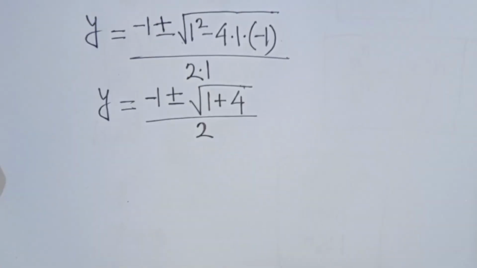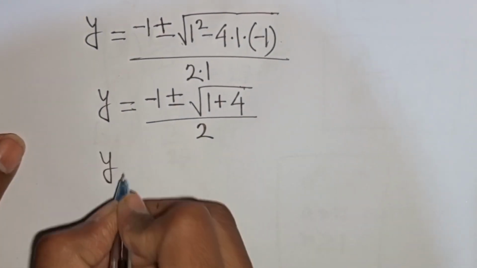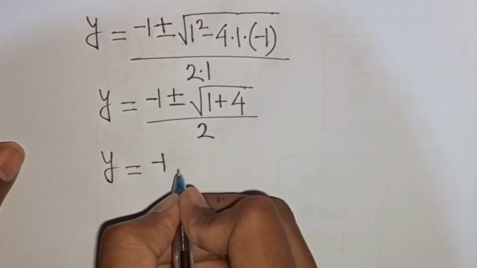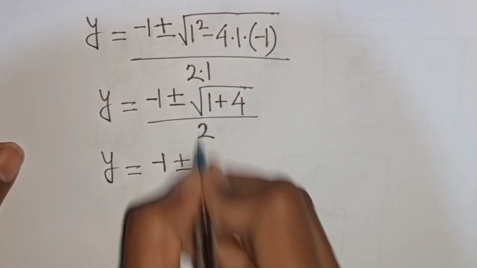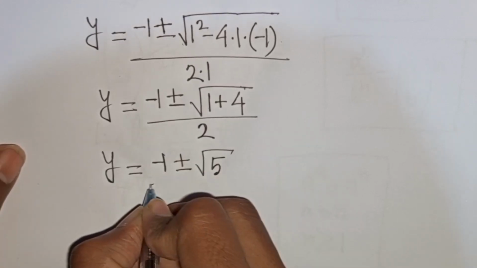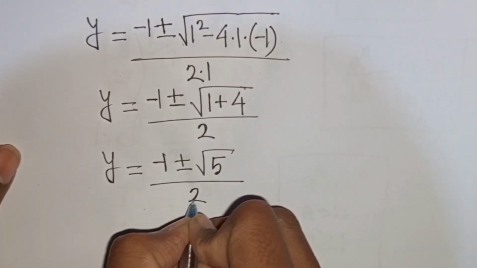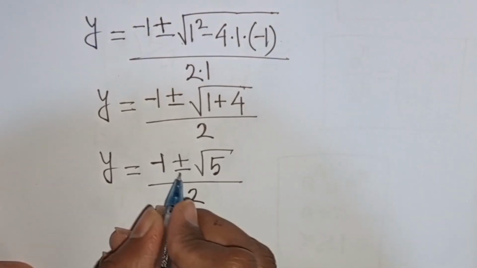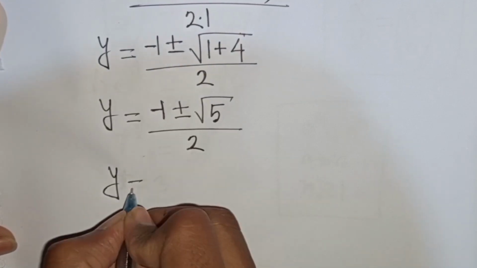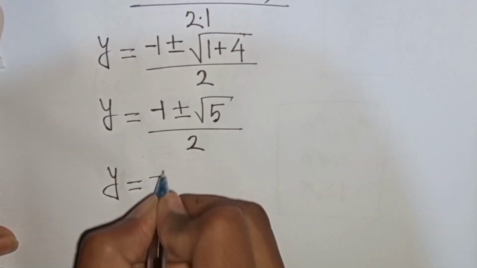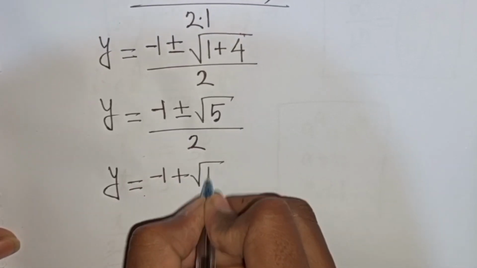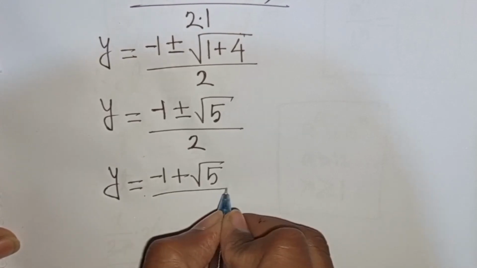Now I can write here y is equal to minus 1 plus or minus square root of 1 plus 4, that means it will be 5, then divided by 2. Now we see here two cases, so we can write here y is equal to minus 1 plus square root of 5 divided by 2,